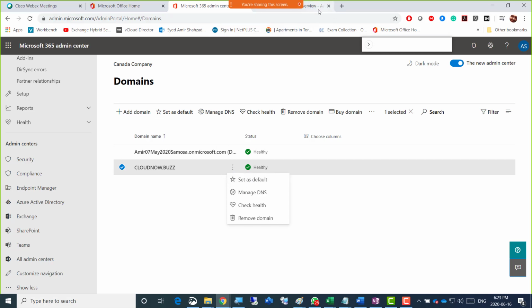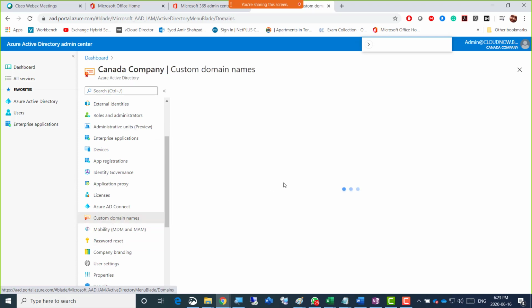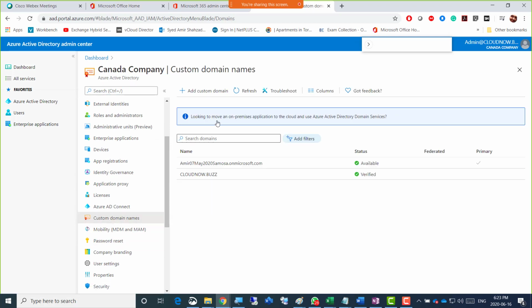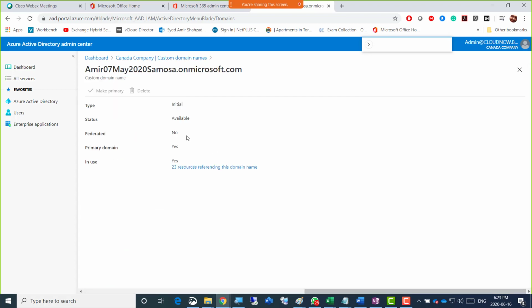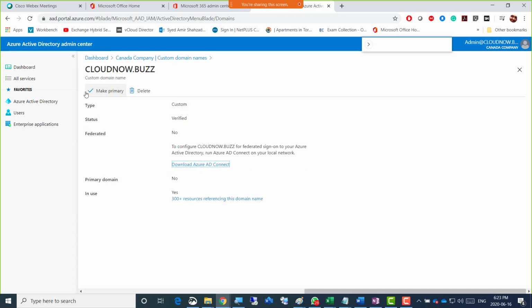If I go to Azure Active Directory and go to domains, that is the way. Thank you for reminding me. If I click that free domain, that's what we did, make primary, when we were adding there. I don't want to make it primary, but I can if I want.